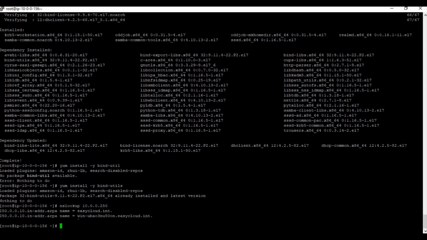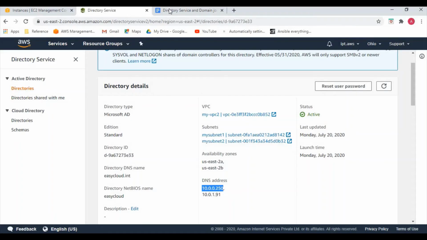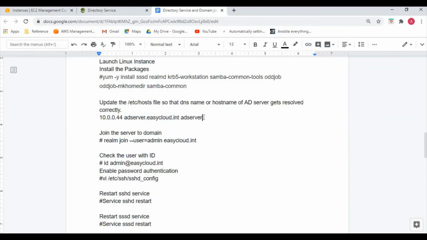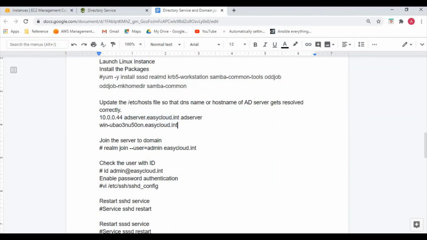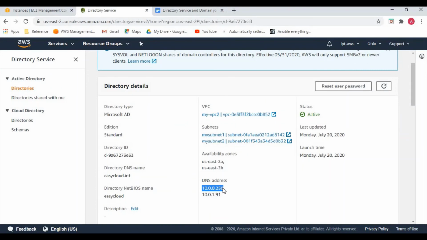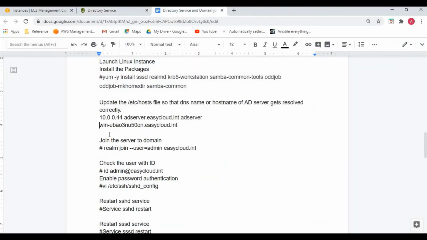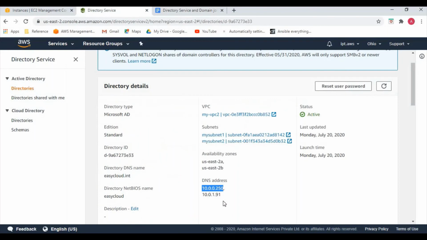Okay, we can see the complete FQDN of our DNS server. So we need this. Same way for the other server.